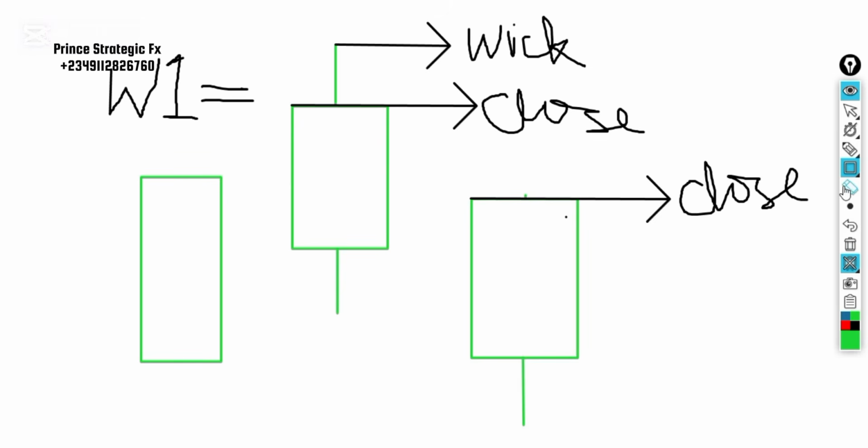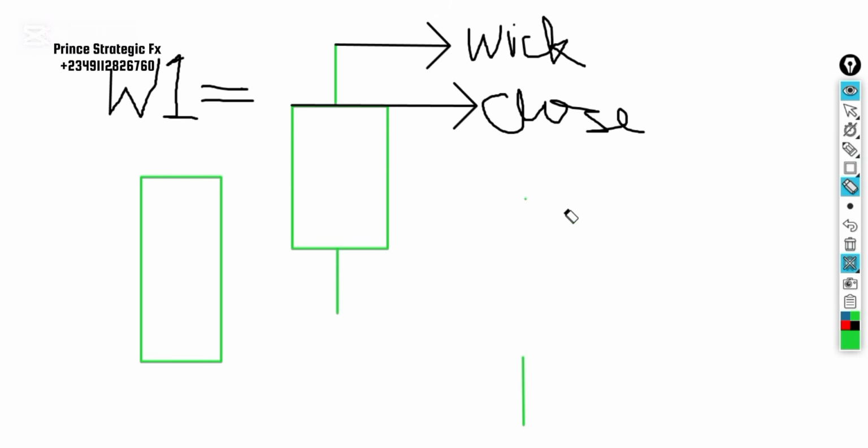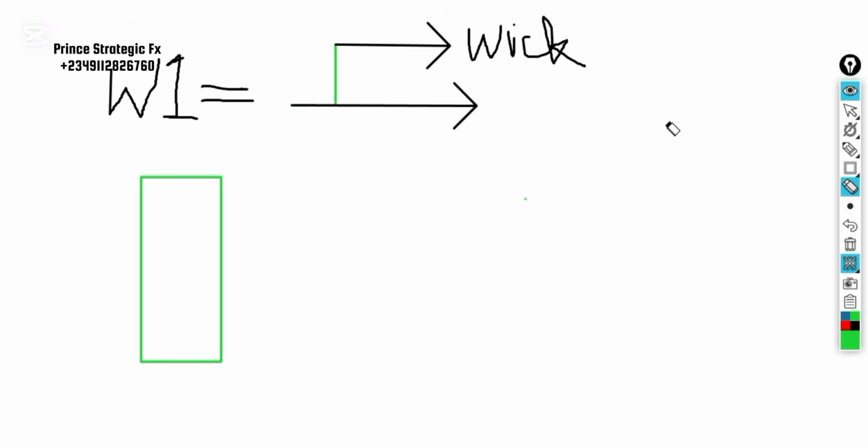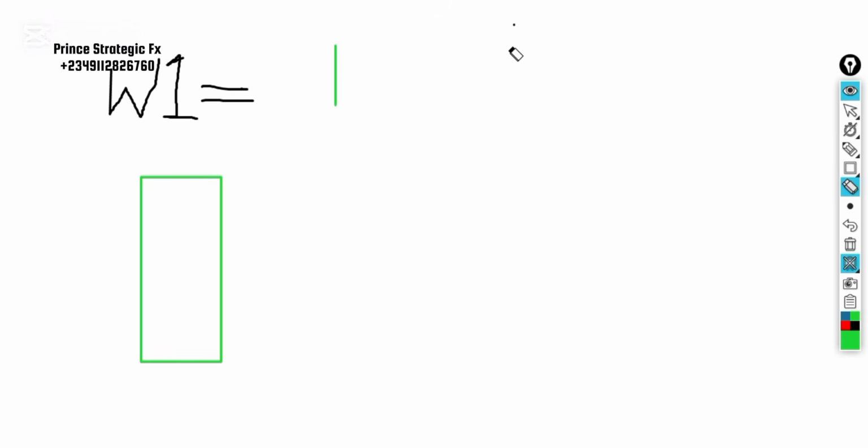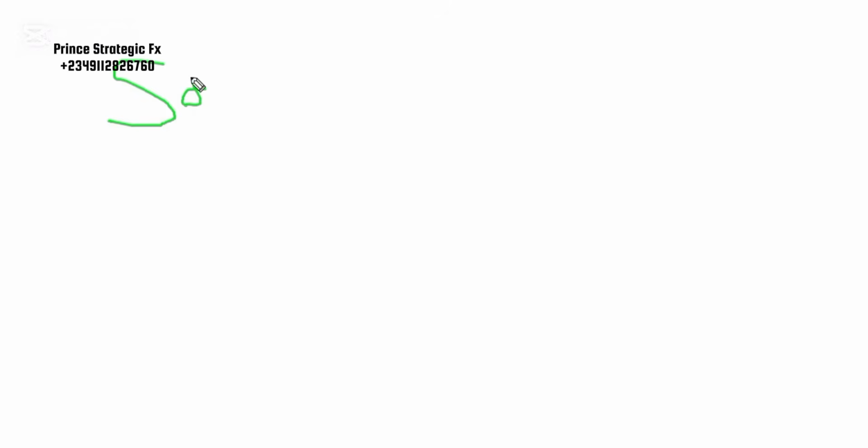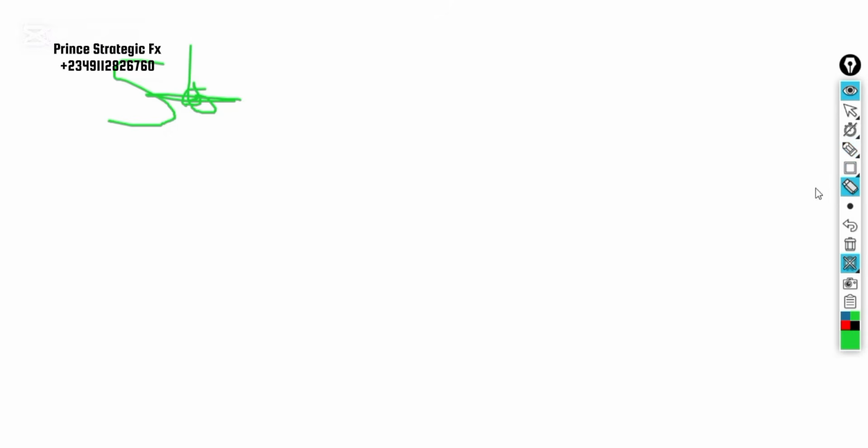Now I just want to explain this clearly so you understand exactly what I am doing. So when do we actually pick out these candles? On Saturday, every Saturday of the week. Every Saturday of the week, we should be having